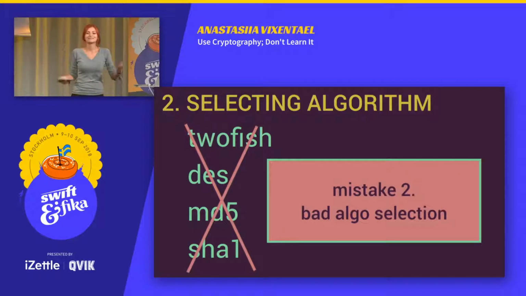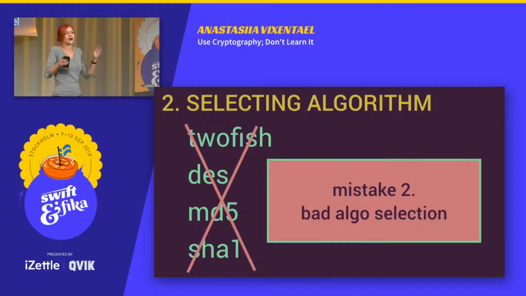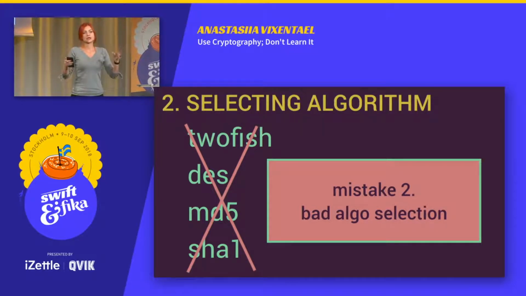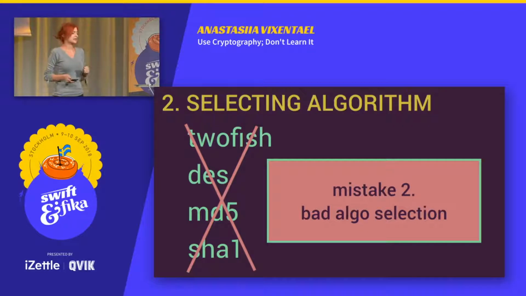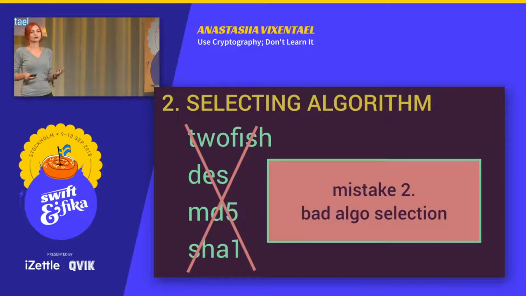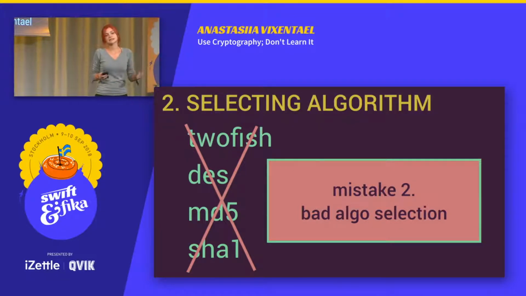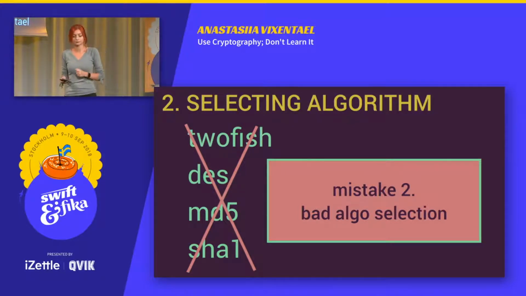Yeah. Basically none of them, because some of these algorithms are truly encryption algorithms, but they are old, outdated, known to be vulnerable. And others are hashing algorithms. There is no right answer here. So the second mistake we are making is selecting the wrong algorithm. How to fix this? Well, obviously, don't use outdated ciphers. Stay in sync with progress.